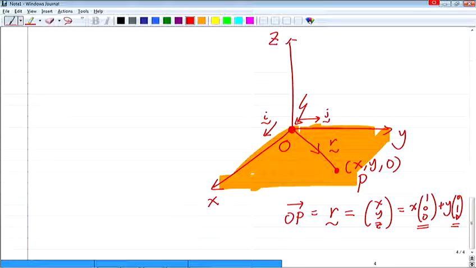So earlier on, as I mentioned, just like lines, I need a point and a direction vector, whereas for a plane, I need one point and two direction vectors. So that's how we extend to planes. Of course, this is a simple case. I'm just looking at the base. But in general,